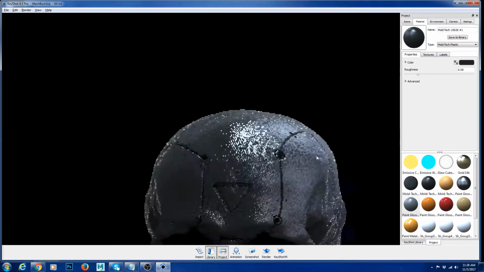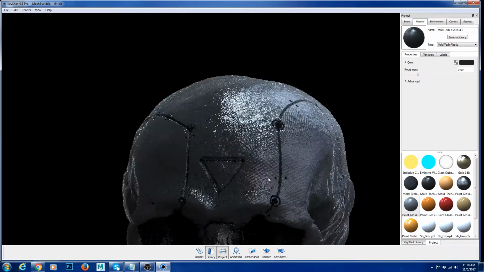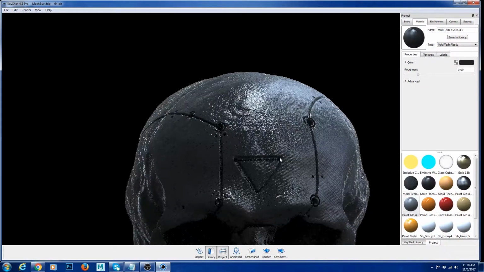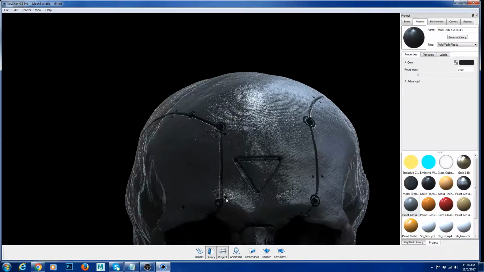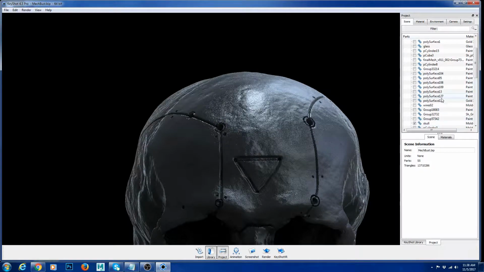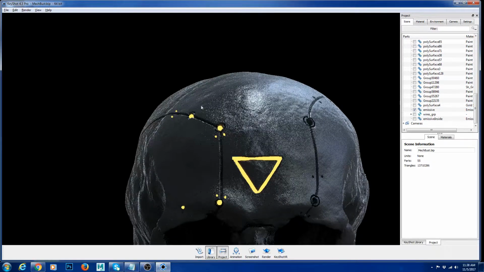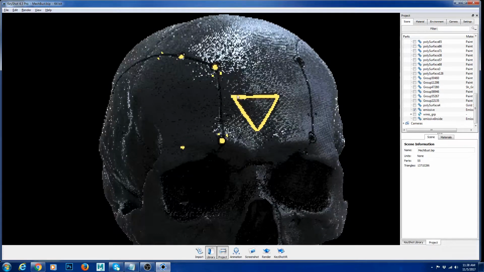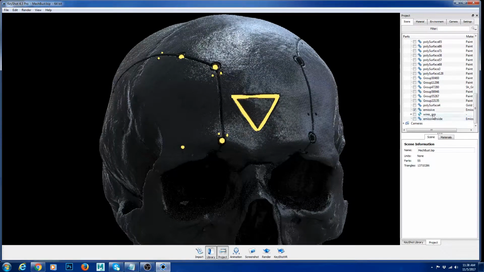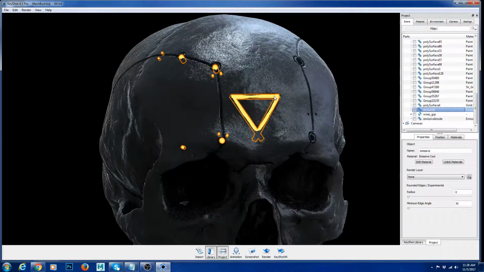After creating my skull, once I sculpted these details, I added some geo on my triangle and the parts where there's bolts. I'm going to show that as well. If I go to my emissive, you can literally see these are the other geo I created. These are the meshes. For emissive, if I double click on it,